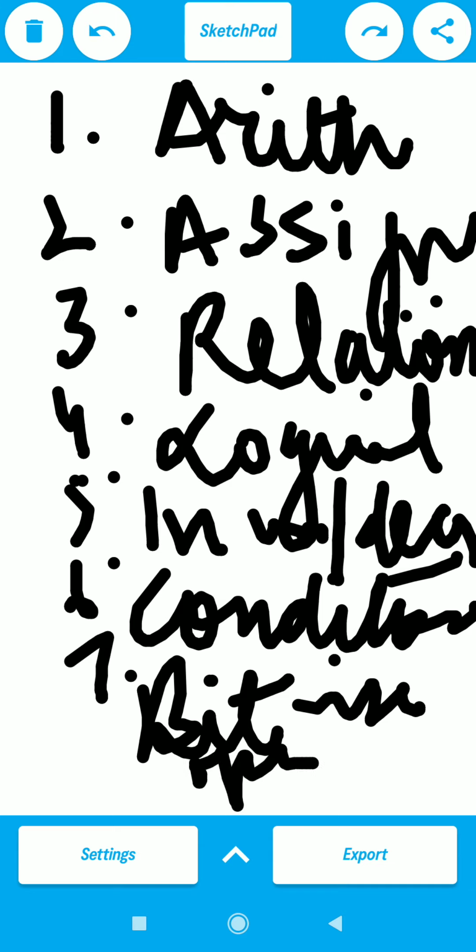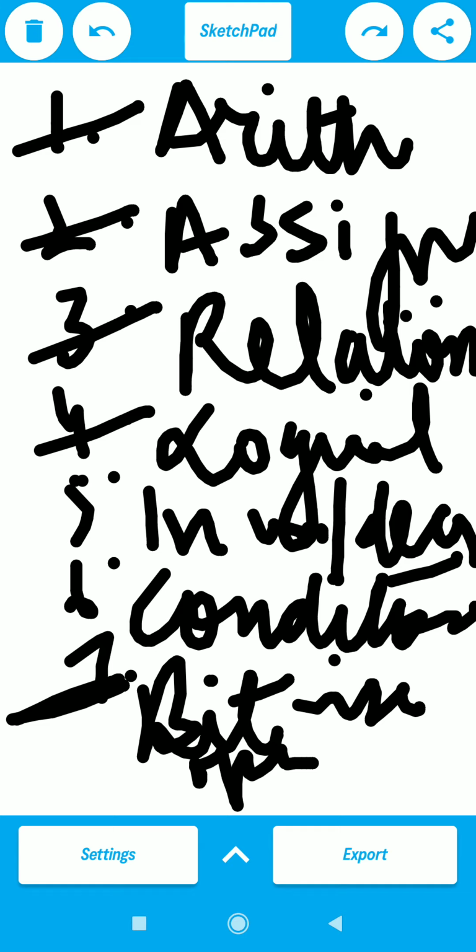In most books you can find these seven operators. Most probably you will find five operators: arithmetic, assignment, relational, logical, and bitwise, because some books show the basic five. We are using the other ones also, the fifth and sixth, but some books write them separately. So you should keep the whole set of operators in your mind, right? So let's start with the arithmetic operator.